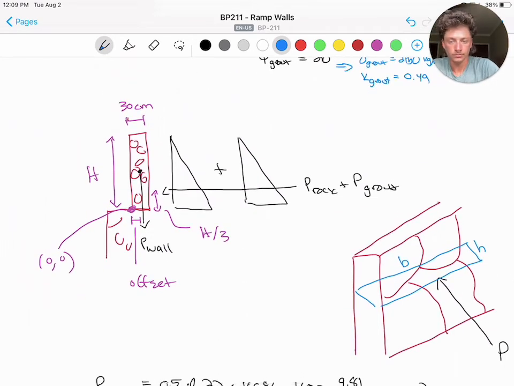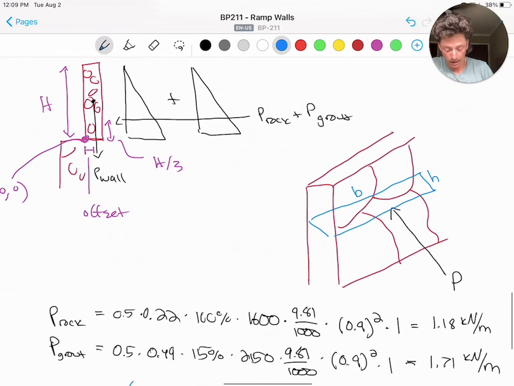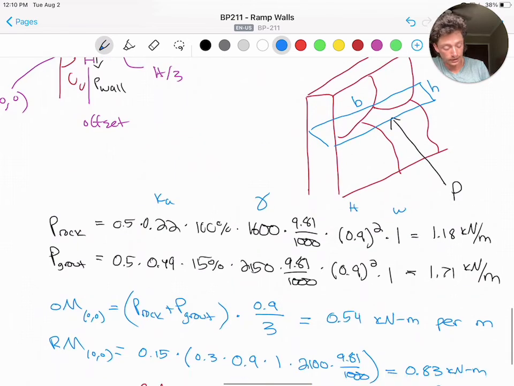Okay. So this diagram here shows where we're zooming into, and then we'll actually calculate the values of P rock and P grout based on that K: 1/2 Ka, the percentage that is actually filling up that area, the density with a unit conversion, the height, and the width. Once we have our P rock and P grout values, we can calculate our overturning moment at 0.00, which I have up here